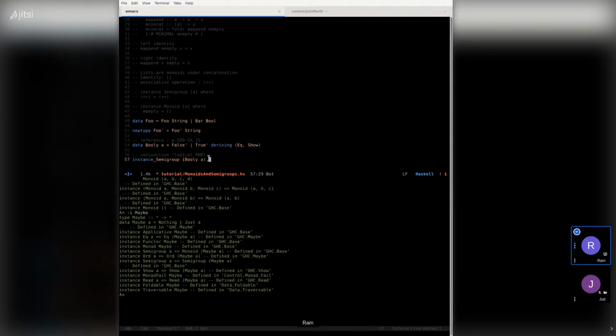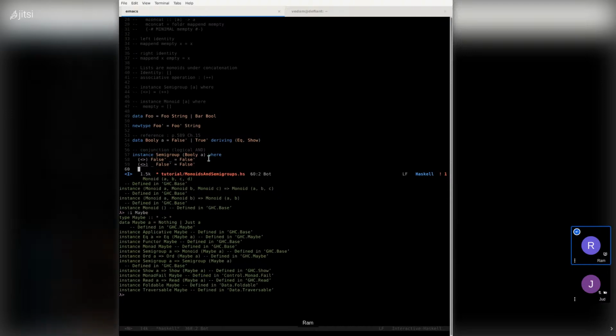This is defining our associative operation, and it's recognizing all the different cases that we need to implement. False with anything is false, and anything with false is false.